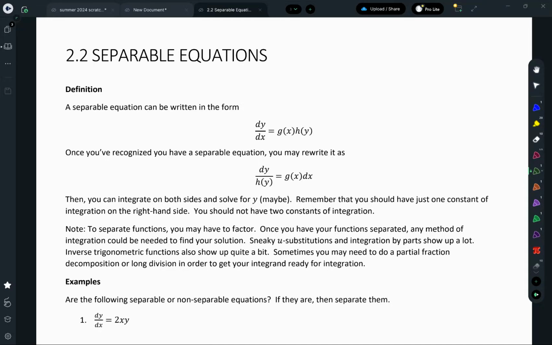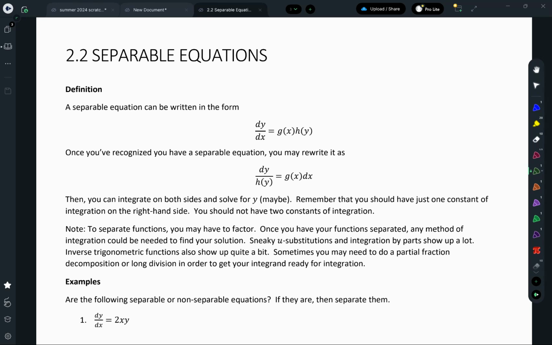Hello, today we're going to cover separable equations. This is section 2.2 from our book. Separable equations is the most straightforward method that we learn in differential equations. It is a method that sometimes will get covered in a Calculus 2 class because it's really derived straight from